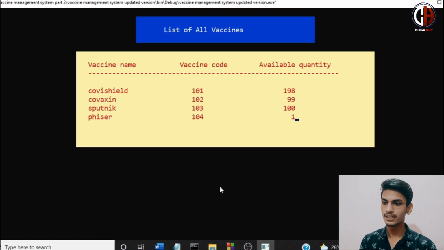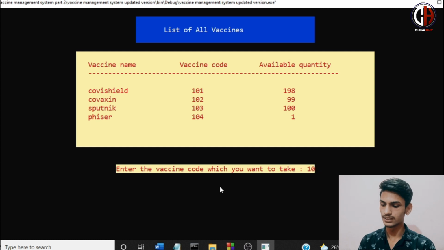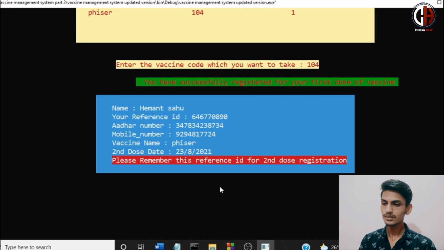So I'm pressing enter here, and it is asking me which vaccine I want to take. So I want to take Pfizer, 104. And it will tell me the expected date of the second dose. Second dose date 23rd August 2021, because we have entered the gap between two doses of Pfizer as around 30 days. So it will simply calculate. I have done this much programming that if the gap between two doses is 30 days, it will automatically calculate the next date, and it is telling me to please remember this reference ID for second dose